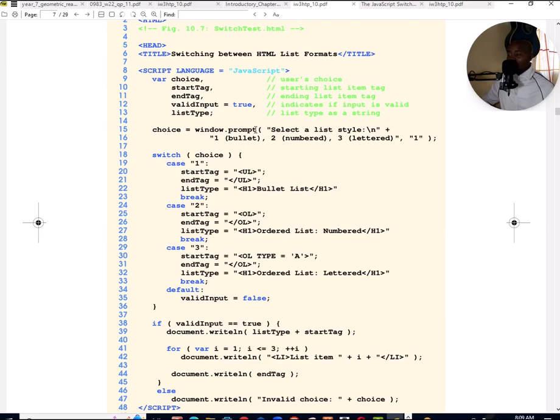The choice is being prompted from the user. So the user is able to select one or two or type, then based on what the user has typed, because window.prompt is a way of prompting the users to provide some value. It is a way of making the program interactive, so that it is able to capture data from the user. Then based on that value that has been typed,